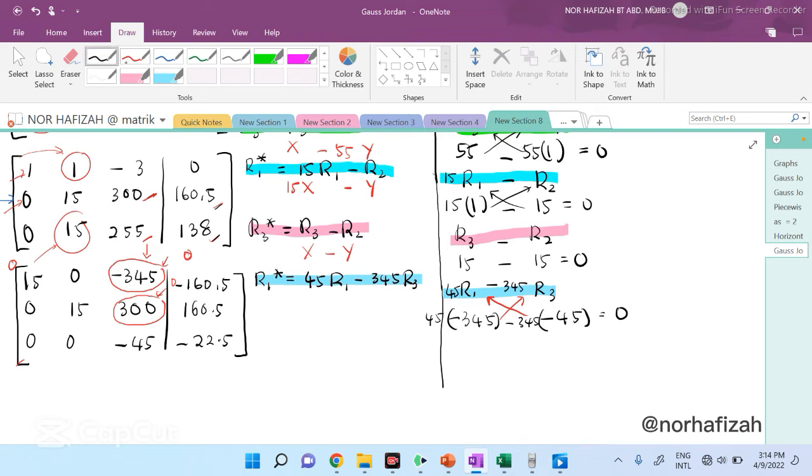Row 2 star here equals row 2. What is the element in row 2? Row 2 is 300. Row 3 is negative 45. Okay, this one is a little bit different. So we're going to multiply with 45 there, and multiply with 300. And the operation will be plus because one is negative and the other one is positive. So if you times 300 and then this one times with 45, if you want to get that one 0,